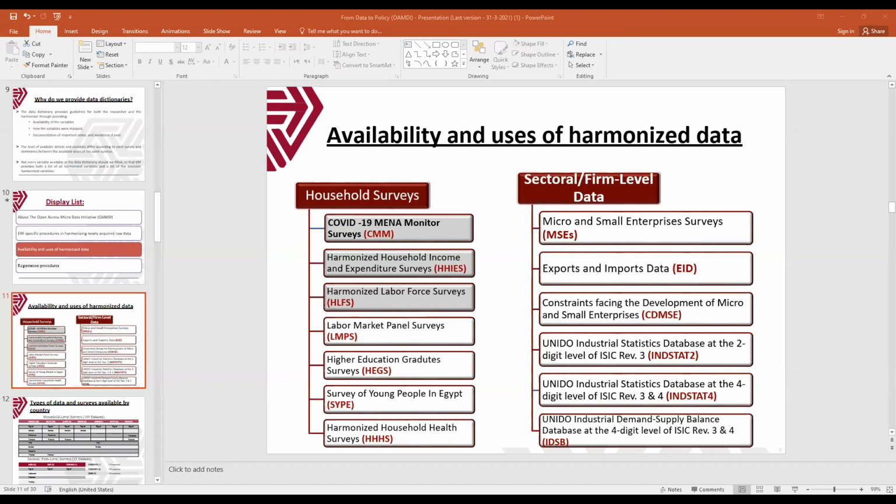And it's available at the ERF site for several years. So you can even study the trends of the poverty rates or the budget allocation. You can see, for instance, the budget allocation just before COVID. We cannot do it after COVID; they still don't have the HIECS after COVID. But you can see it, for instance, before the devaluation of the Egyptian pound, and after that, and so on.